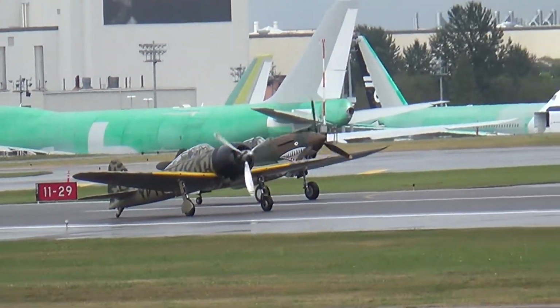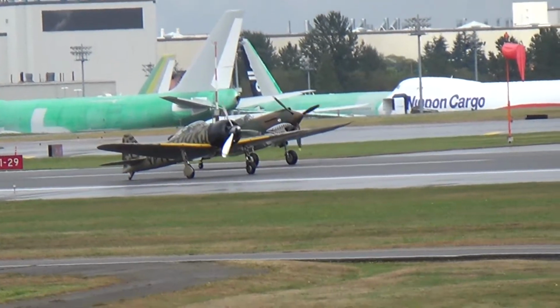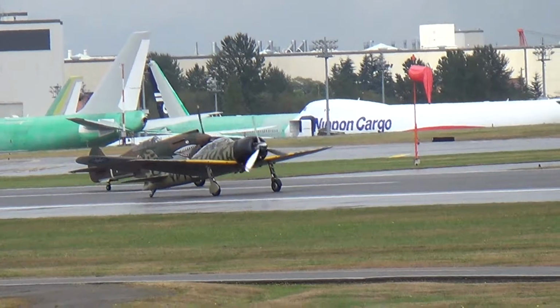Now watch closely the different profiles that each aircraft take in on the takeoff. You'll notice that the Zero will actually